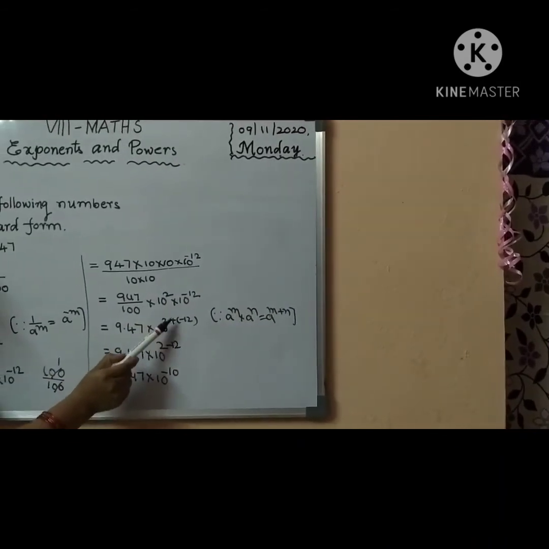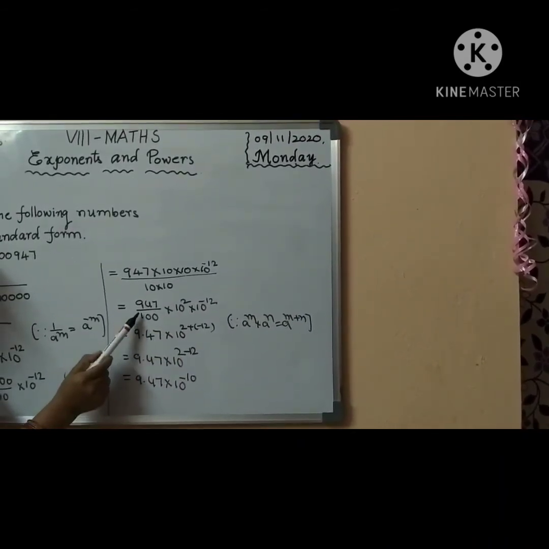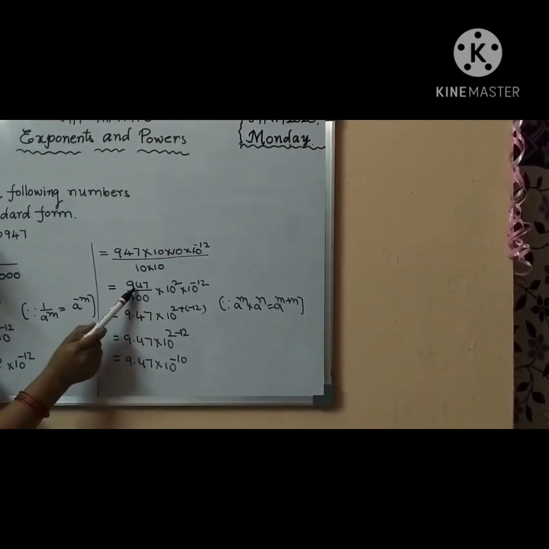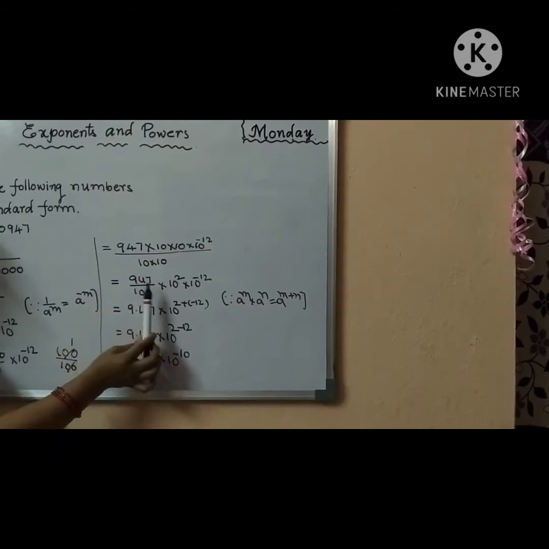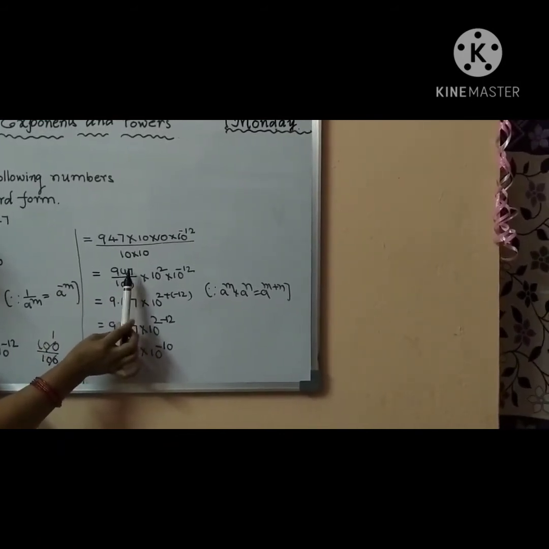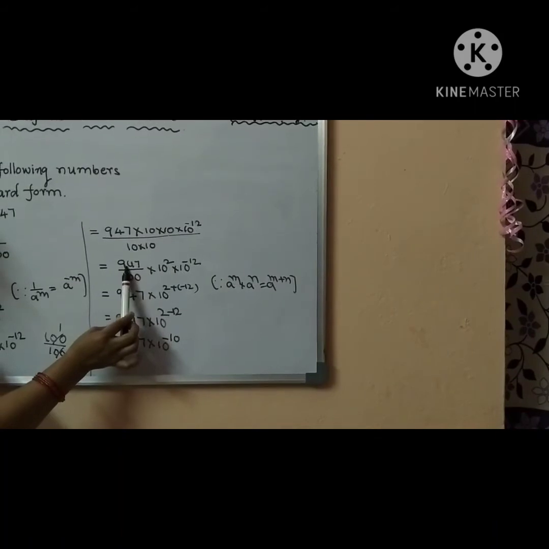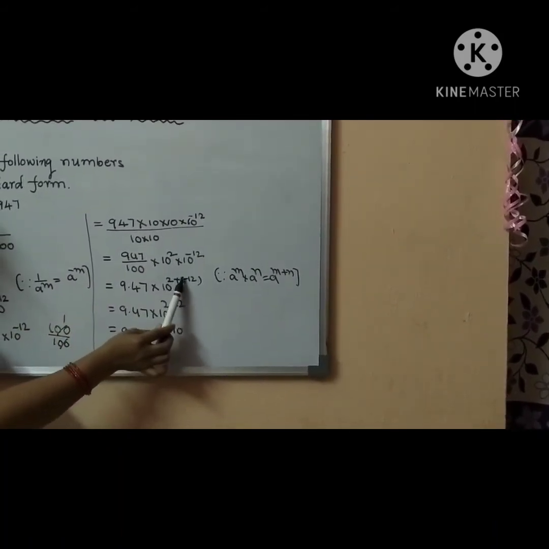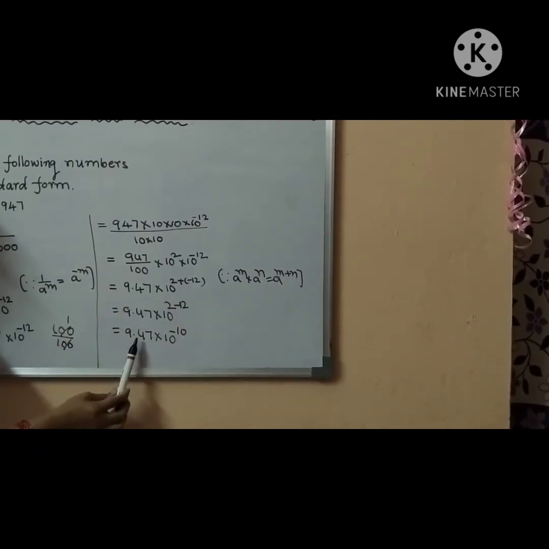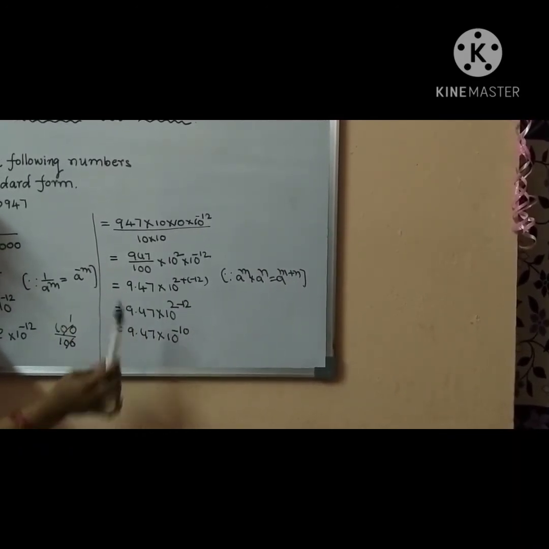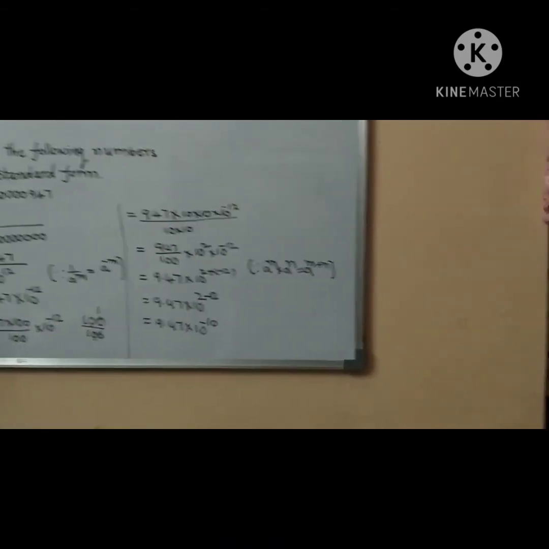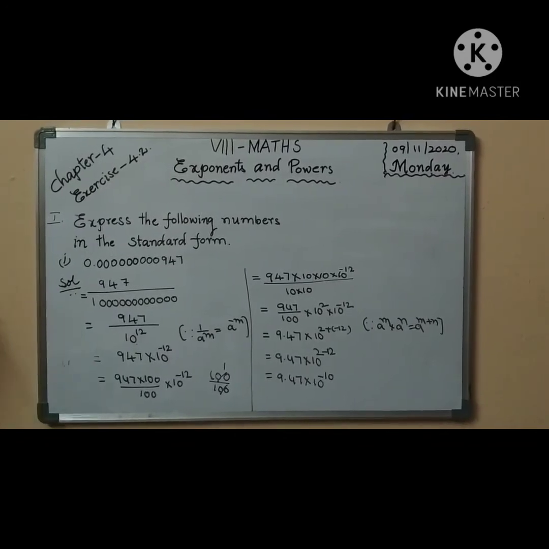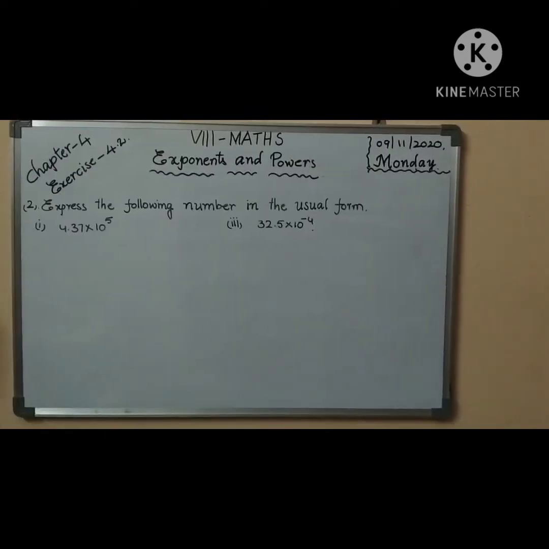So here write 2 plus of minus 12. Here write, after the point how many zeros are there? 2 zeros. We should keep here decimal number 9.47. So you converted the number counting from the left side onwards 1, 2, then keep the point. 9.47 into 10 power 2 plus minus 12. So here 9.47 into 10 power minus 10. So it is a standard form. Okay, it is the exercise first Roman first one. Okay children. Next